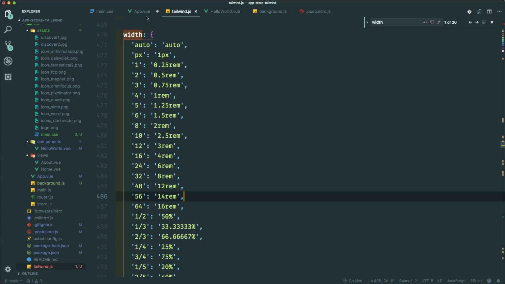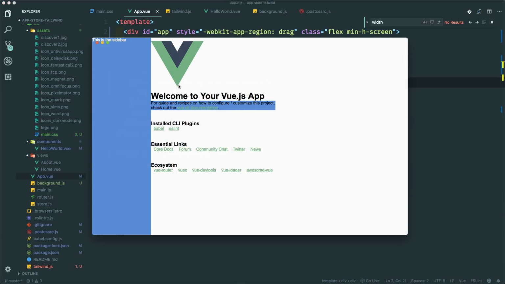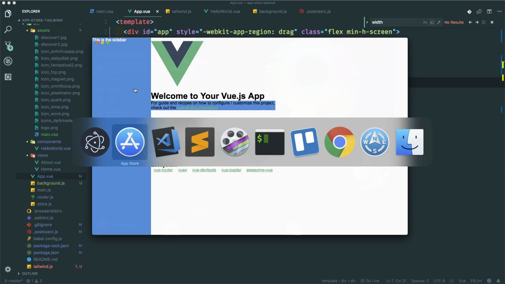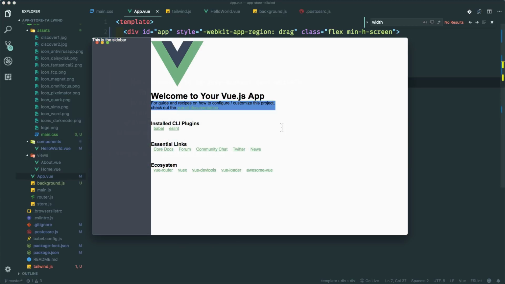Save that, save this, and see how that looks. And that looks pretty good. It's pretty close to this now. It's not exact, but it's good enough for me. And let's go ahead and change the colors now. I'm going to change this blue to, it's not exact like the App Store, but I'm just going to use Tailwind's colors here. And I will just do BG gray darkest. Okay. And for this stuff,